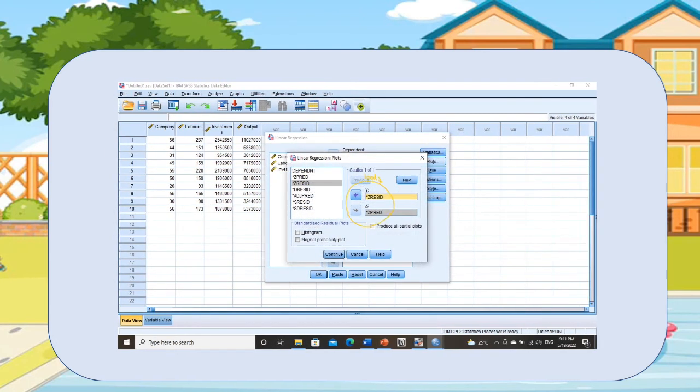Insert the SRESID to Y and ZPRED to X. You can check the histogram and normal probability plot. After you're done, click Continue and OK.